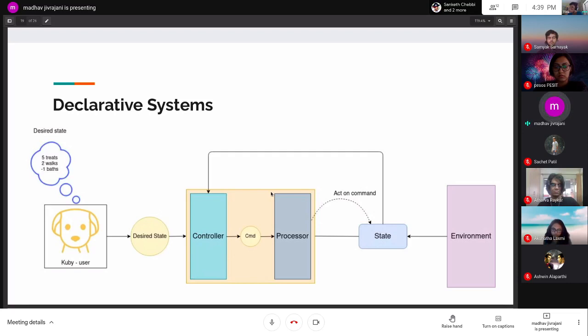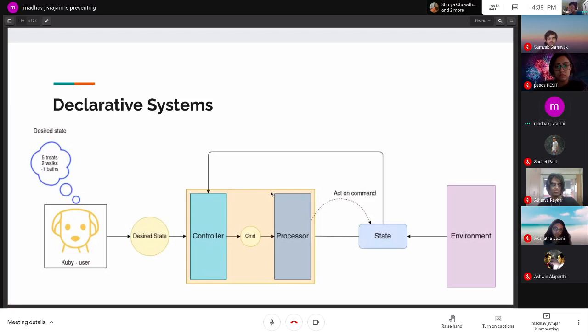It says that okay, my desired state is to get to this point, but I should get to that point without dying or falling over or things like that. So it says that okay, this obstacle will make me fall over. So this is not what I want. So what the controller could do is change the direction of the robot to move away from the obstacle and go around it or something like that. So that's a really nice use case of declarative systems and where they would be useful.